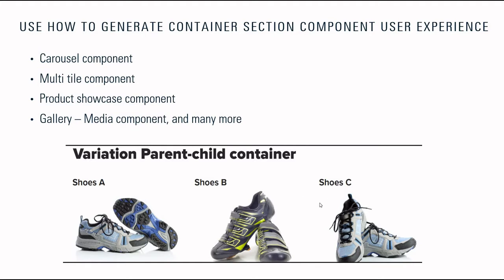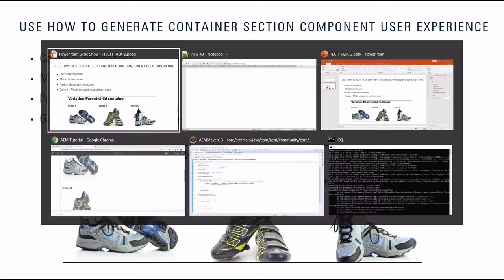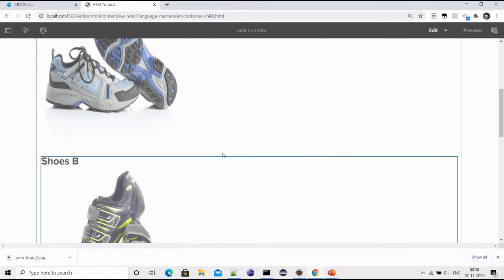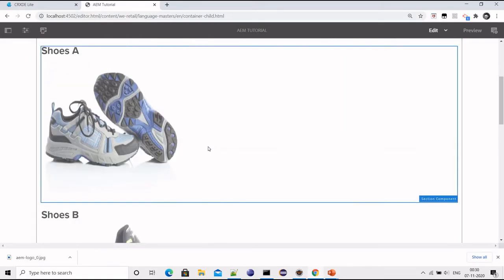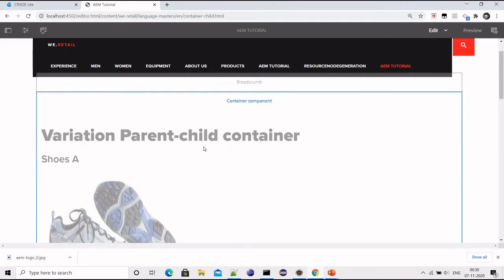So basically you can see on the screen we have such a container and then section experience. Now I will just explain how we can better code for such functionalities. Let me jump to the screen where I have just configured a similar type of component.